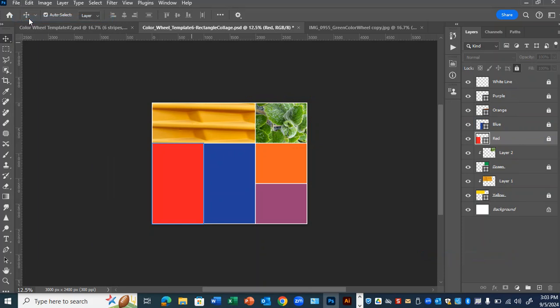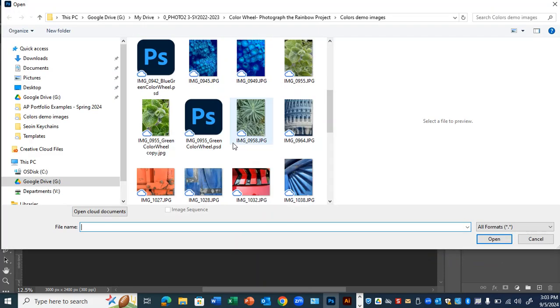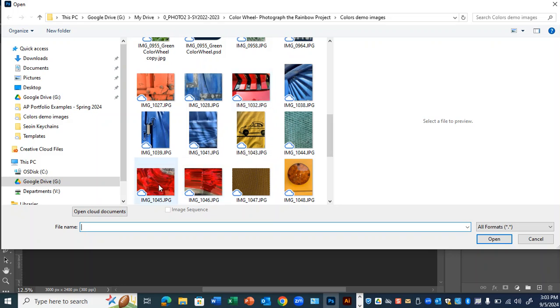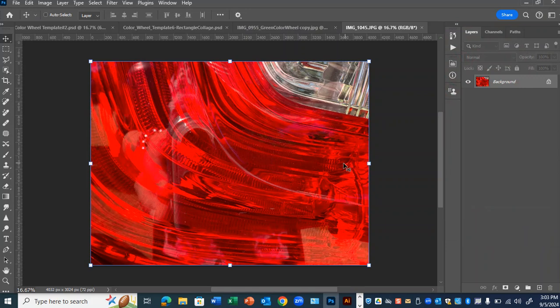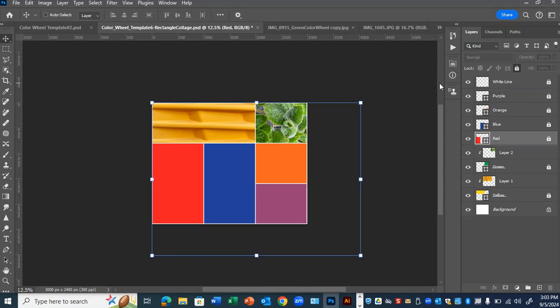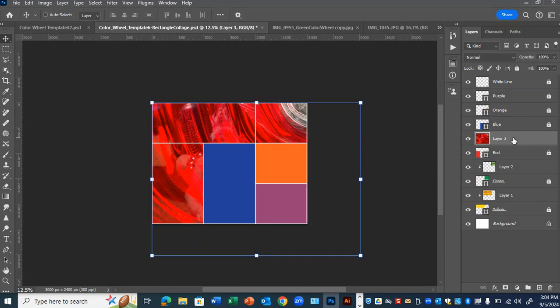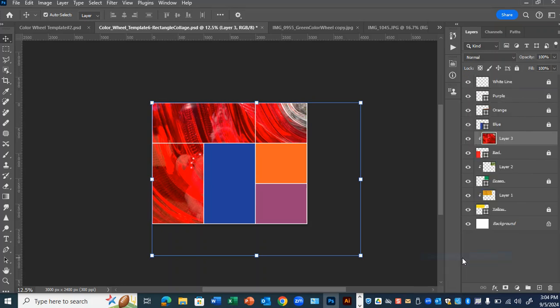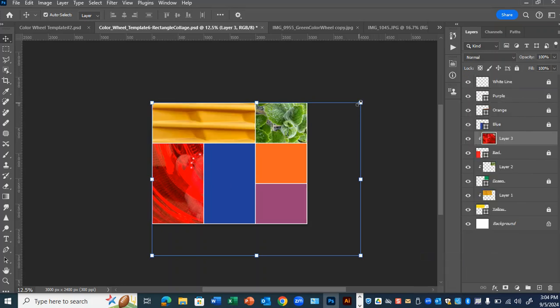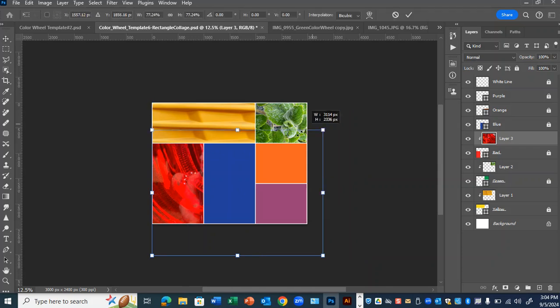Okay, file open. I'll find my red image. Here we go. Actually, I'll use a different one. Okay, and Control A to select all, Control C to copy, and Control V to paste. All right, I'm just going to go ahead and immediately right-click, create clipping mask. That's going to insert it into there,